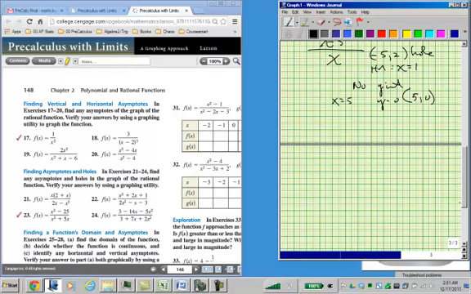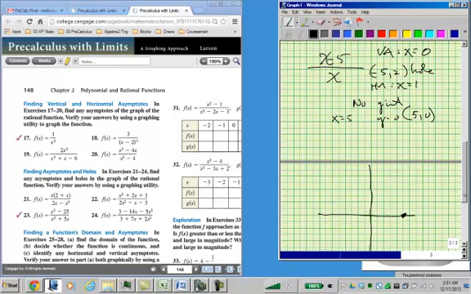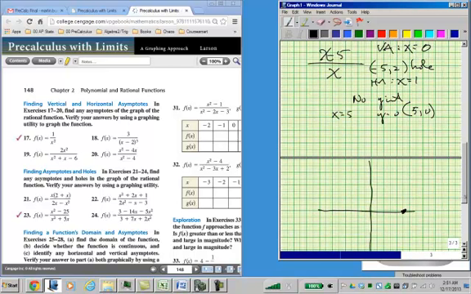So let's put some of this information on here. Okay, so at 5, comma 0, 1, 2, 3, 4, 5. Okay. And the vertical asymptote is x equals 0, and then y equals 1